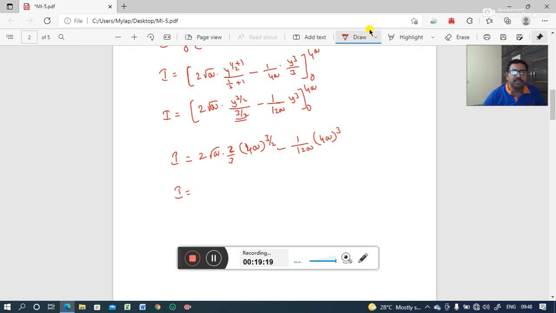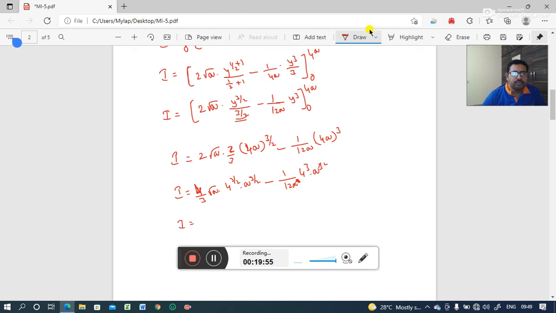So if you simplify this, 2 into 2 is 4 by 3 into square root of a, 4a power 3 by 2 you can write as 4 power 3 by 2 into a power 3 by 2, minus 1 by 12a into 4 cube into a cube. So here a cancels, then